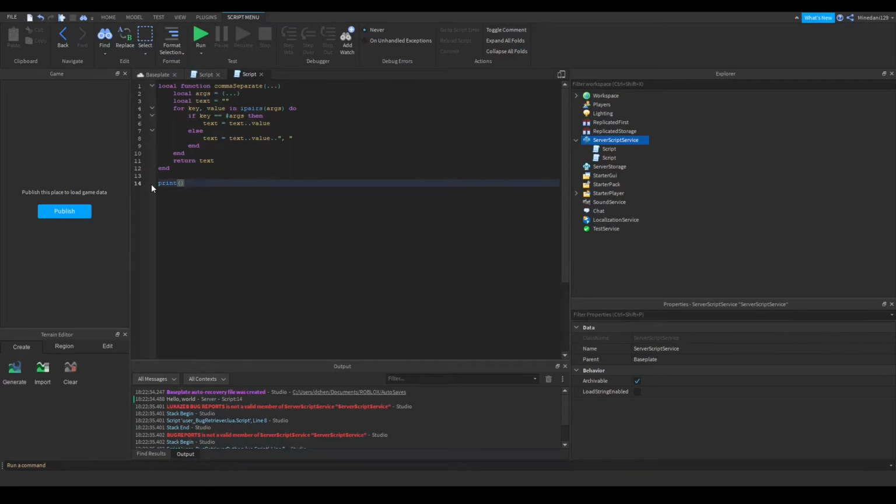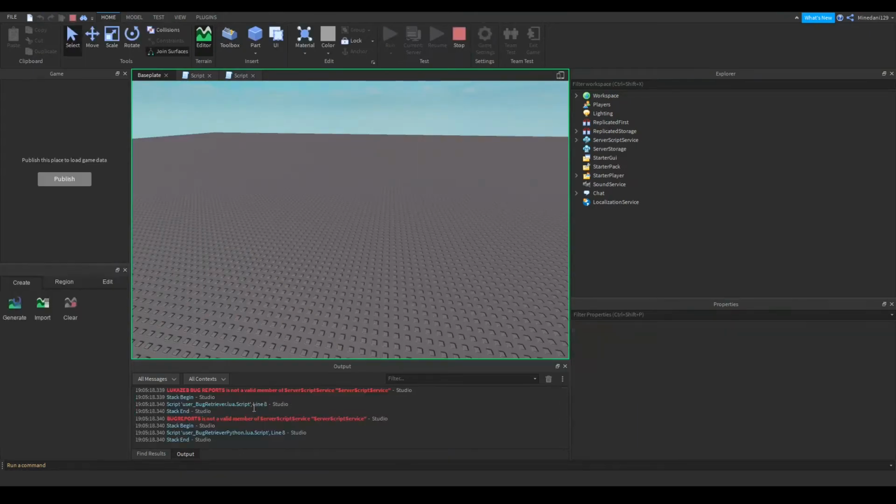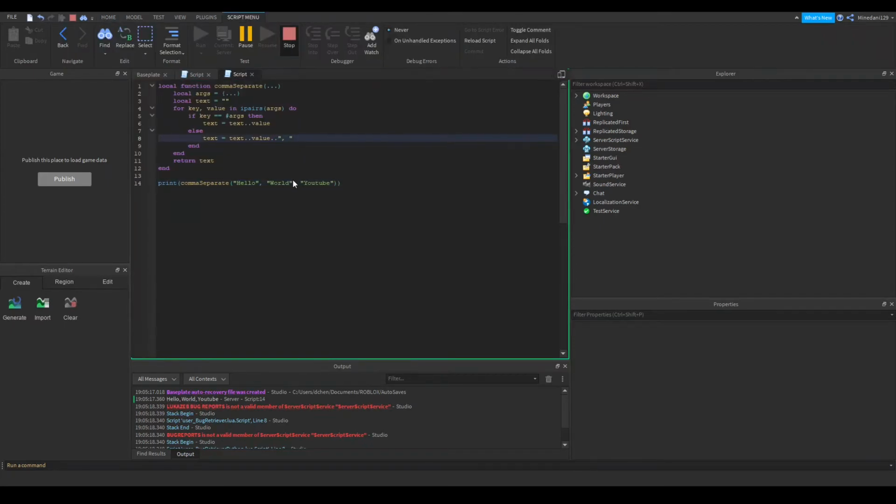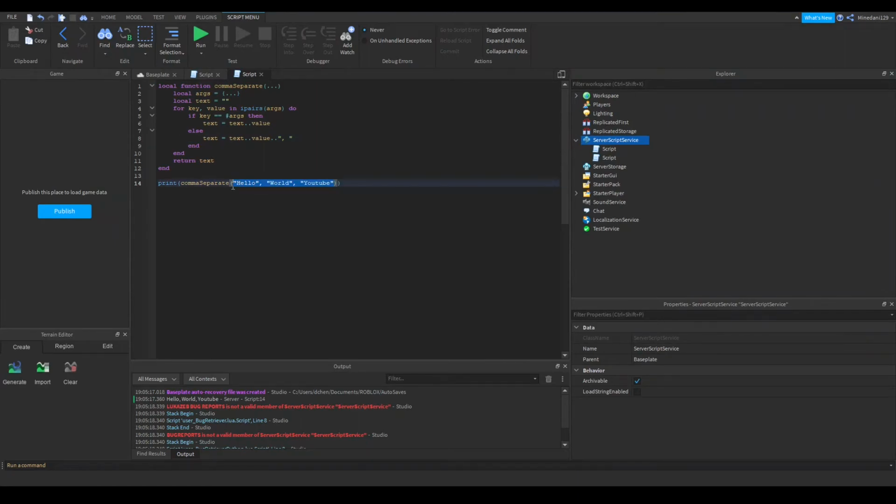So if I print the output of this function with something like hello, world, and YouTube, let's see what this does. I'm going to run my script. You can see here is my string. It says hello, world, YouTube, separated with commas, and I can just add as many different arguments as I want,